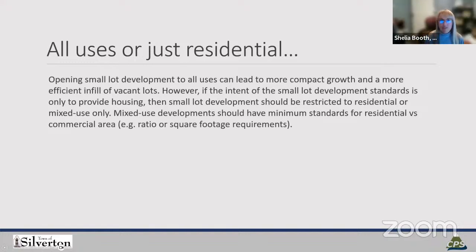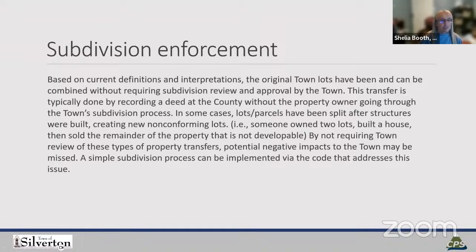All right. I'm going to take from this that we're really going to focus on residential, incentivize commercial, and then if we want to go back later and do small lot standards for all commercial, we can. But right now we'll focus on residential emphasis. Great. All right. Let's go to number 2, which I think was the subdivision.